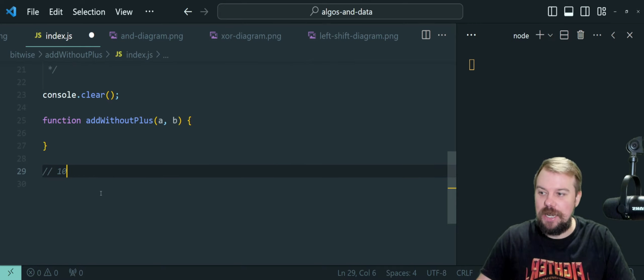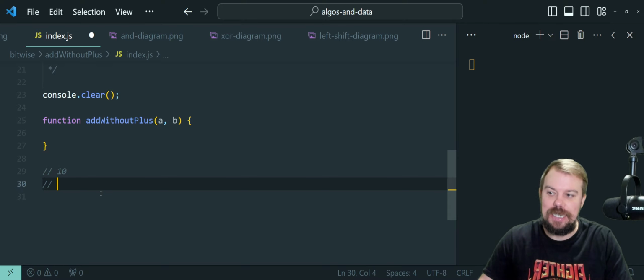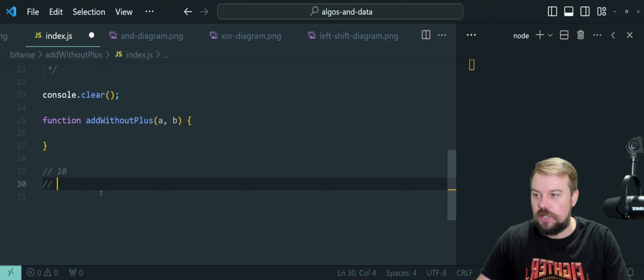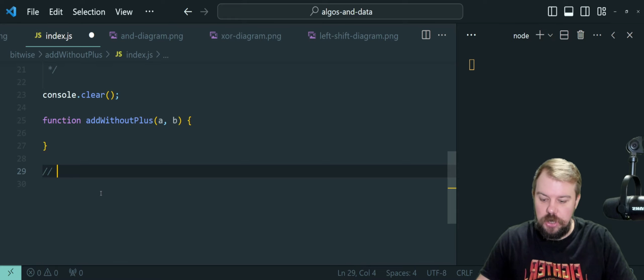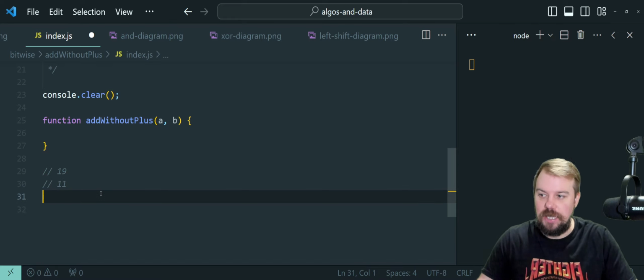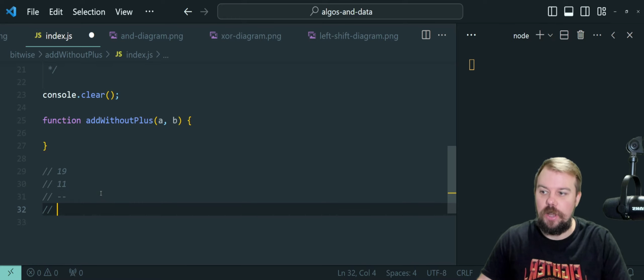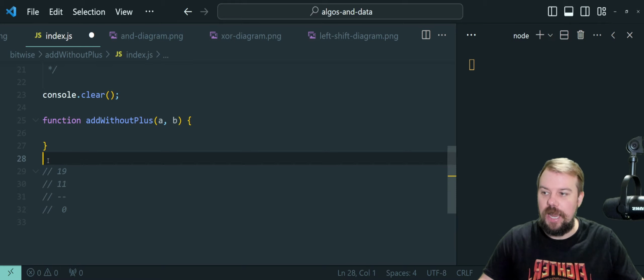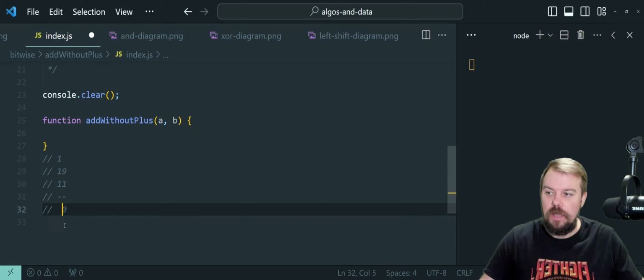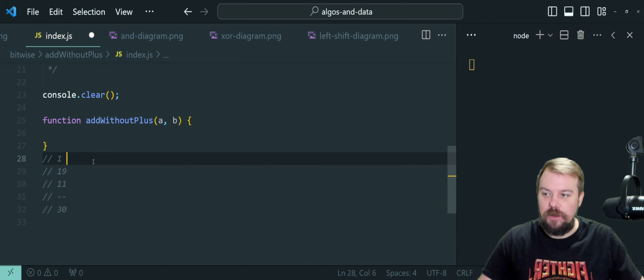So, we would add two numbers together, especially if they had a tens place or something like that. So if I took two numbers such as 19 and 11 to add them together, then we would start on the right-hand side, we would get 0 there, and we would carry the 1. So we would carry a 1 to the tens column to get 3, to get our answer of 30. And that carry right there,